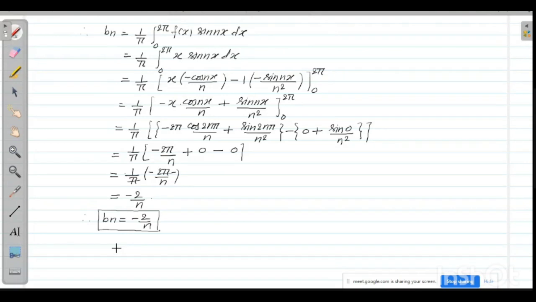Now putting all the coefficients, that is what is known as Fourier coefficients, in equation number star, we get